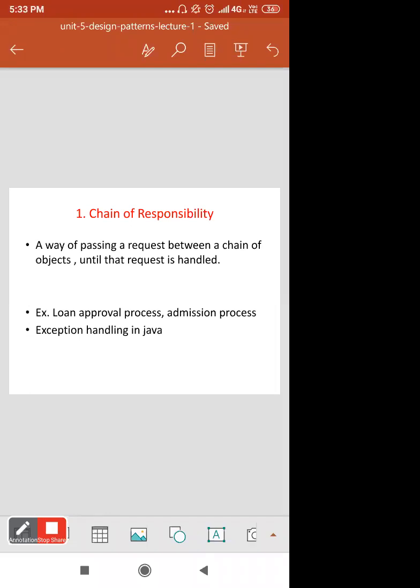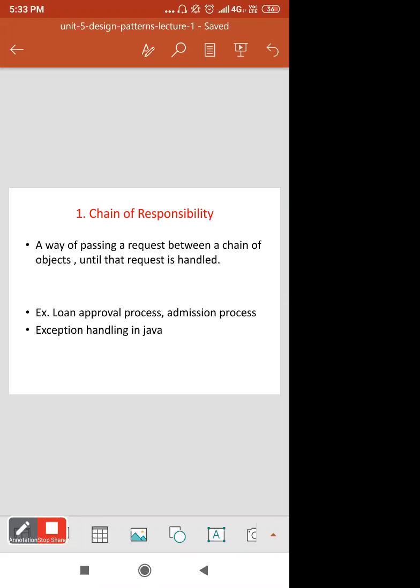What basically is this chain of responsibility? You have a chain of receivers. One is the client, the person who requests some service, and the request passes through a number of receivers who handle that particular request. The request is sent along until it gets fulfilled.